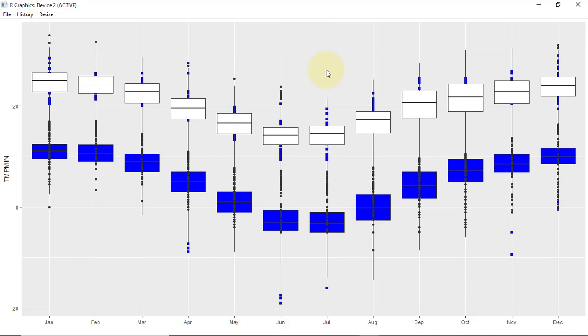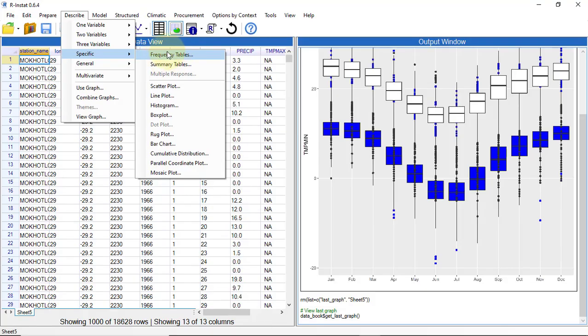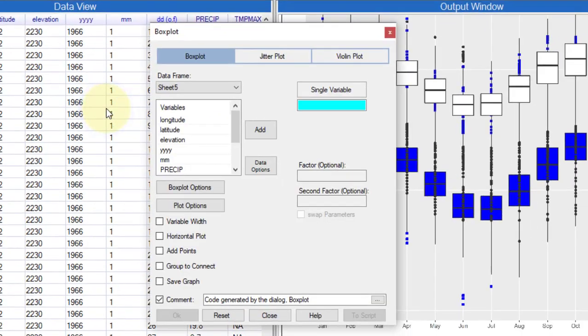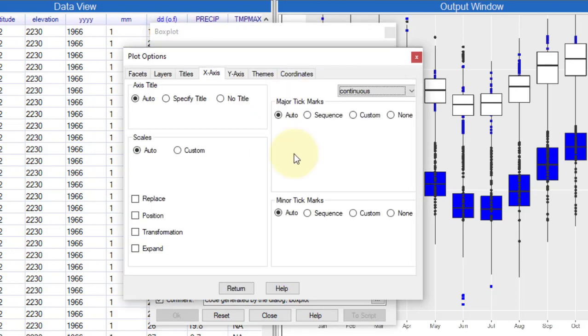They should be quick to produce and help with the data examination. Presentation graphs are for reports and presentations. They usually take longer to produce and are designed for others to see the results of your work. In R-Instat, if the graphs you need are not in the climatic menu, they use the Describe menu. Once in a dialog, the Plot Options button gives access to a rich set of possibilities to present the graph